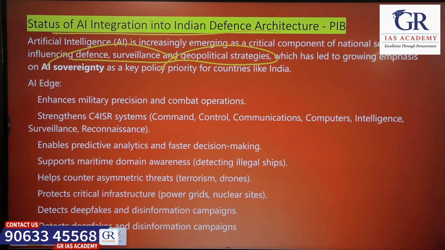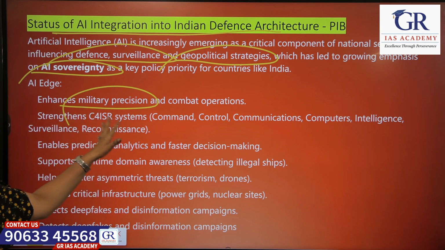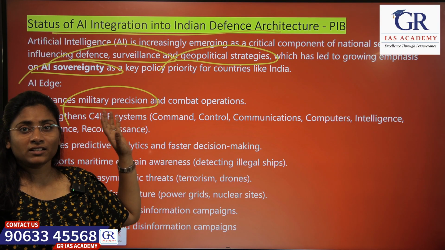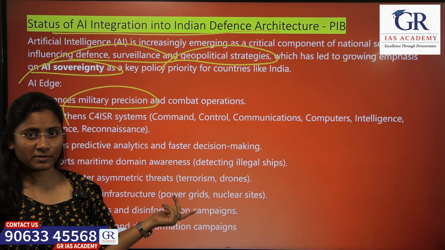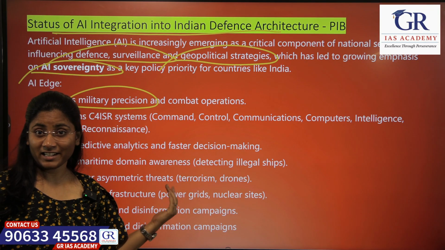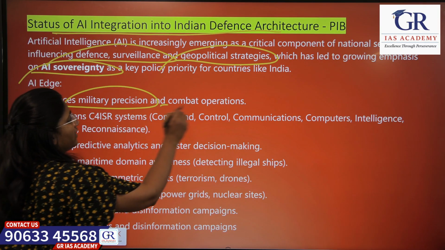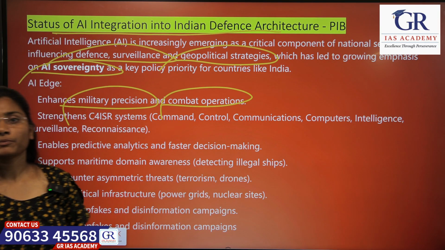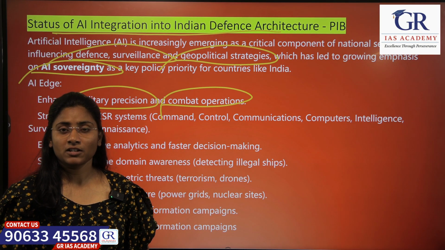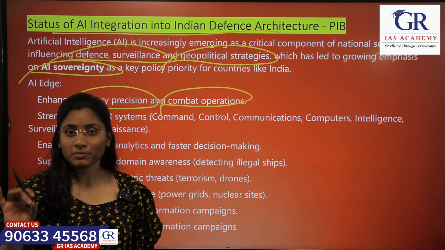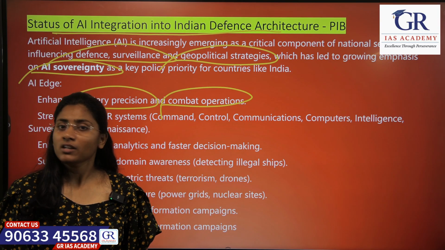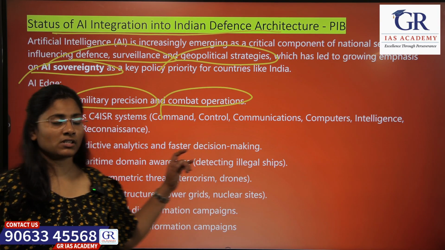And why are we using it? We want our sovereignty. Okay, fine. And how are we taking the edge? We want to enhance the precision of military weapons. Whenever we want to use weapons or get any satellite information, we want to use AI for the precision. And in operations, AI gives us that edge. Precisely we can identify the location, precisely we can target a location to bomb. In any military operations, we want to use AI.